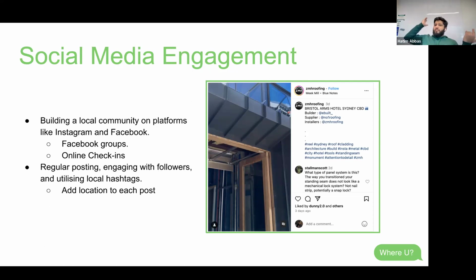I've never probably searched roofing in my life, but I probably saw one roofing reel on my Instagram one day and I was like, oh, I'm hooked. The reason that happened was because there's a suburb near where I live called Craigieburn, and there's a roofer over there who posted a reel about it with the location. And because I saw that, I was hooked on roofing videos. And someday when I buy my own house, I'm probably going to get that guy to do the roofing for me. That's because I remember his business name and his social media profile, and I've engaged with it as well.